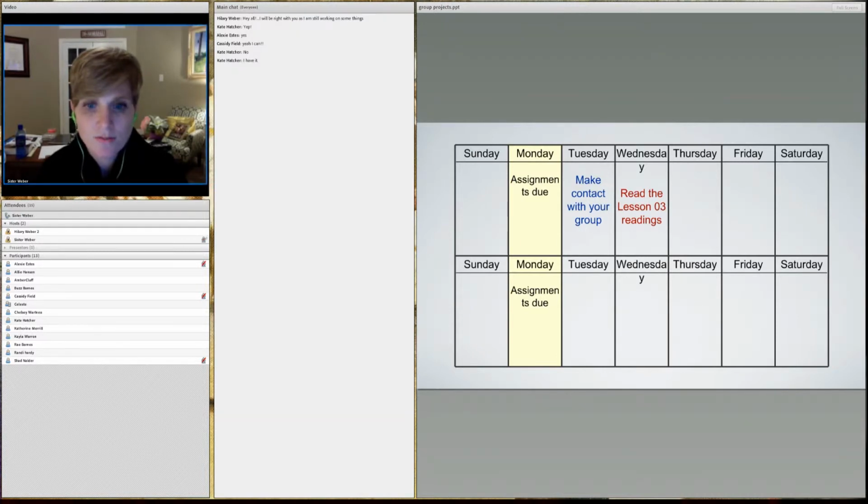So that's kind of the key about it. It might not be a good idea to meet before you have read the readings. And then Thursday, Friday, or Saturday, try to find a way to meet if that's possible. Again, I think it's better for you if you had a discussion. I get that might not be possible for a lot of these groups, so you just do the best you can.